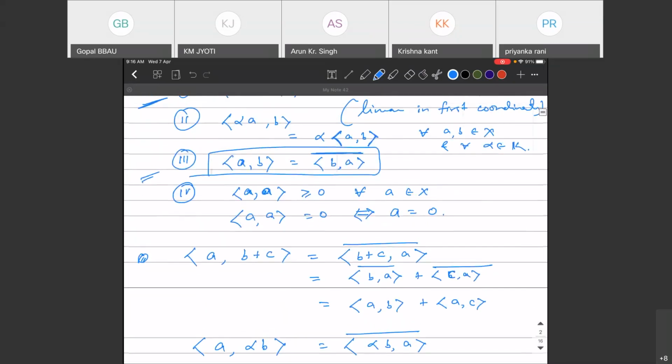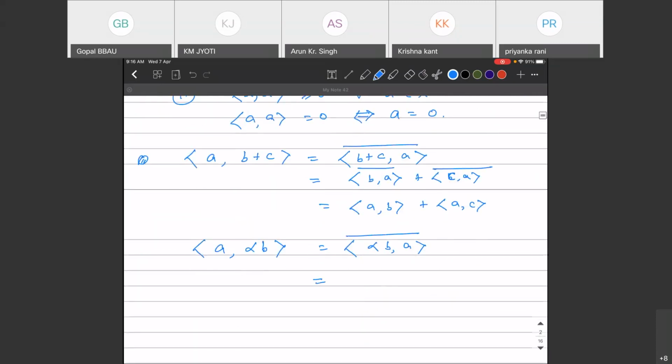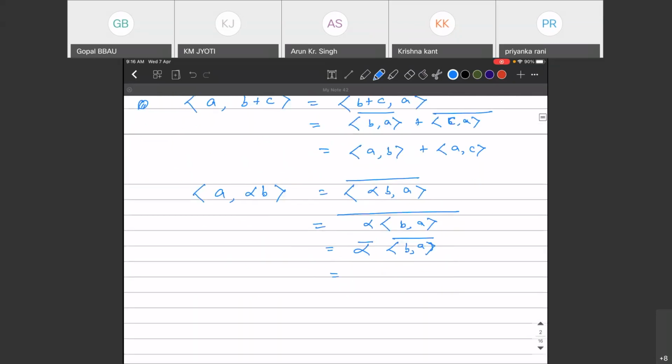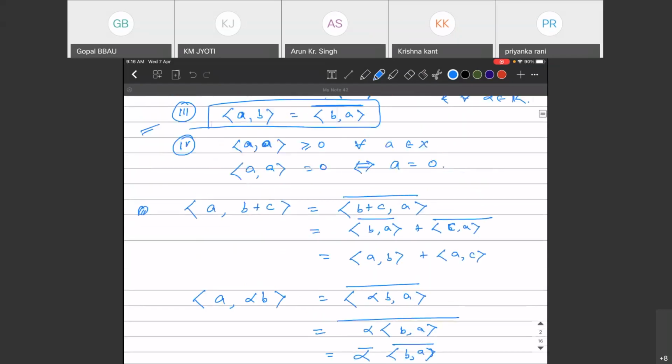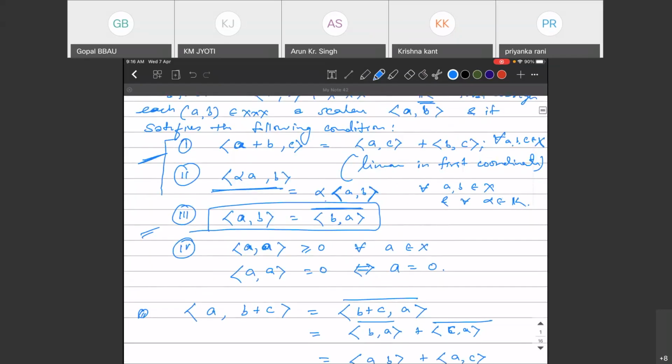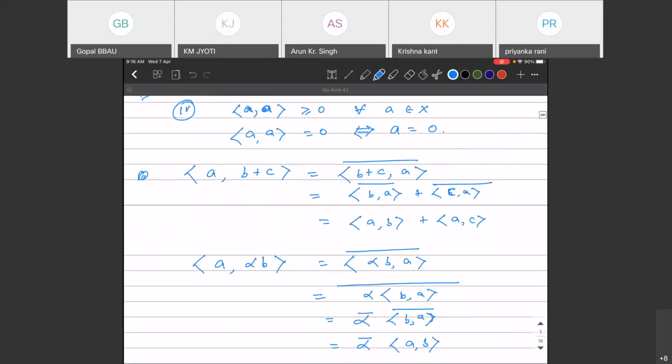Now, what is alpha A comma B? It is alpha times A comma B. So this is the bar of alpha B comma A, which is equal to alpha bar times the conjugate of B comma A, and the conjugate of B comma A is A comma B. So from these two, you see the inner product is linear in the first coordinate, but it is not